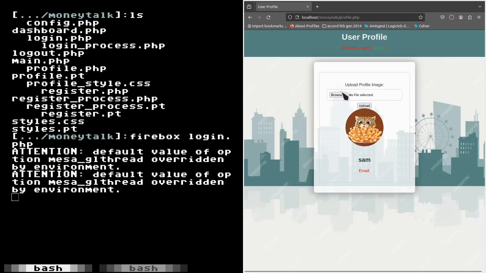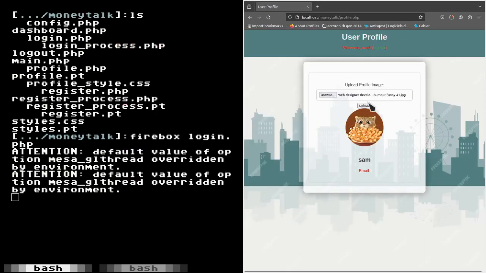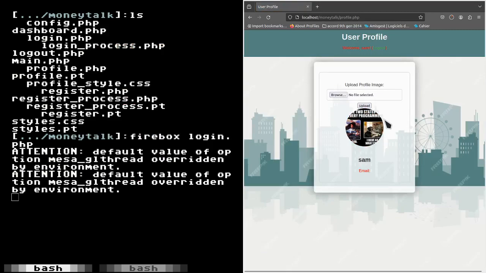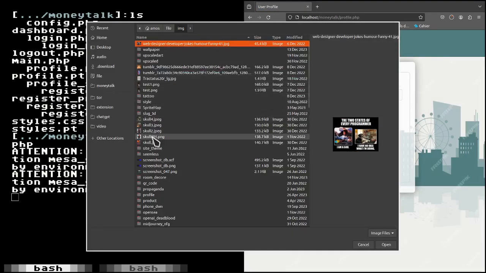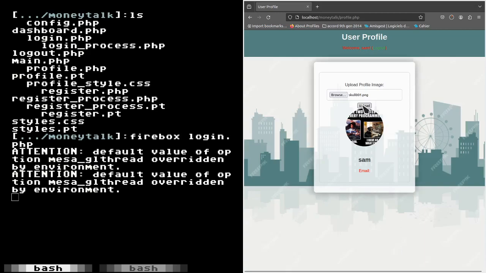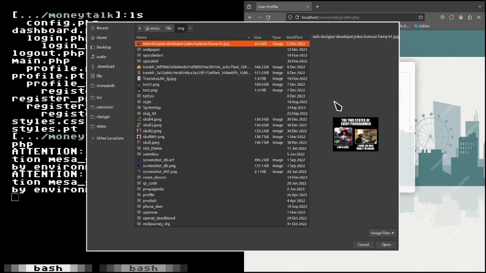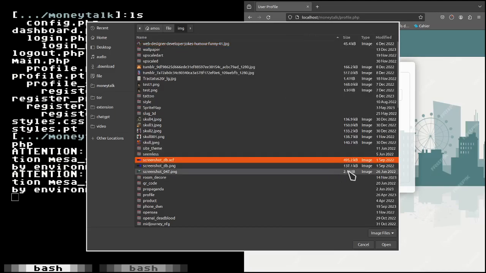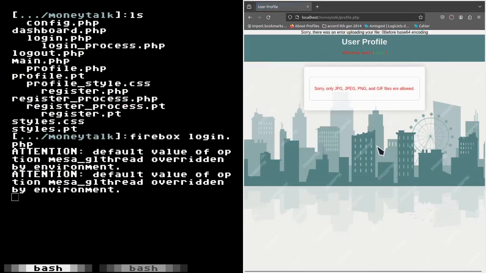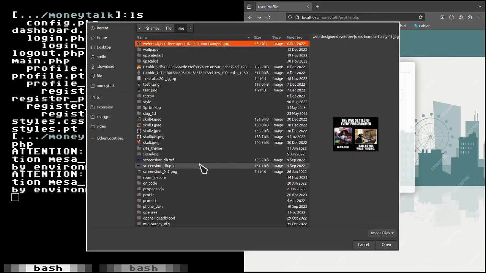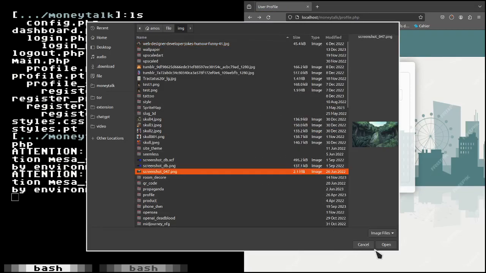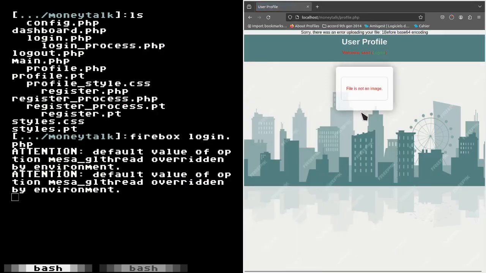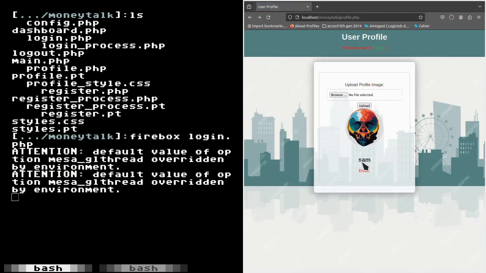But right now, the main feature of today is that you can upload an image as your profile picture. I know that's very cool. It works with most images, but not files that are too large. Like this file, for example, is almost 500 kilobytes. That might be too large. It's too large, and the format was weird. But let's go with this PNG that is 2.1 megabytes. That's huge. File is too large, so just pick one with a smaller file size.